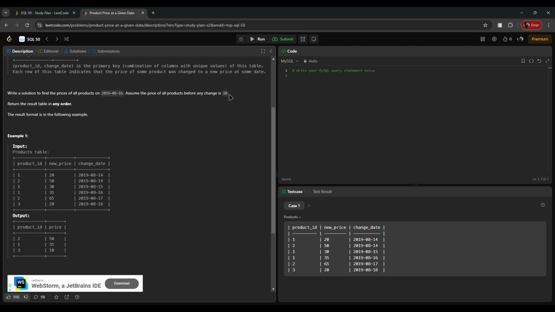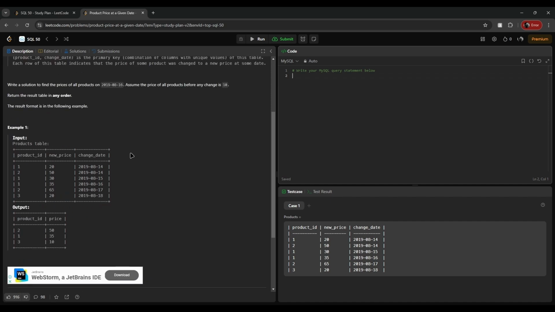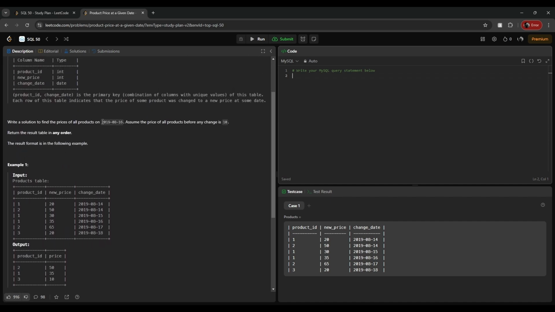Okay, so let's write the query here. First of all, we need to get all the products whose price last changed on this date. Okay, so let's select product ID, comma new price, comma change date from products,